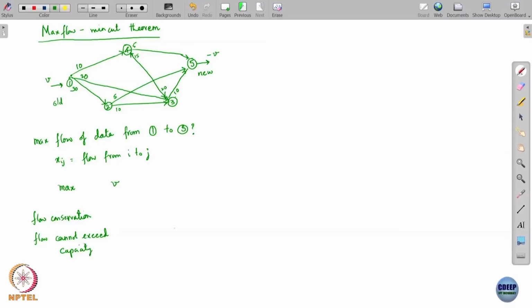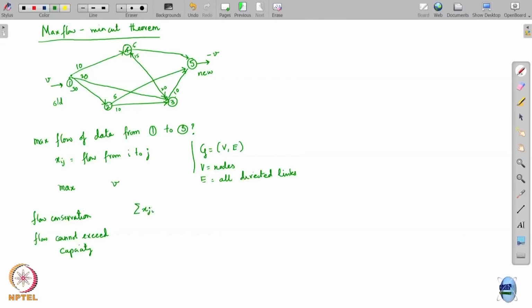So, let us write out flow conservation. We do not need to write it for this particular network that I have drawn. Let us write it more generally for any network. So, my network, let me denote it as a graph with vertices V and edges E. So, V are my vertices or nodes, and E consists of all the edges, all directed edges, directed links. So, the flow conservation essentially says,